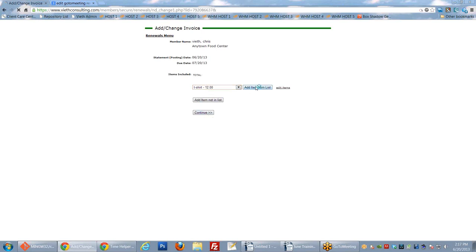We would say add item from list, and it adds it right into here. If I wanted to add something else, like say the newsletter ad, I can put that here, and I can add that right in here as well. I know that a lot of our clients use this to sell sponsorships or even to sell ads like this one here. Or to sell some merchandise, although we do have the online store for that as well. But this is just another way that you can create invoices for your members for different things that your organization